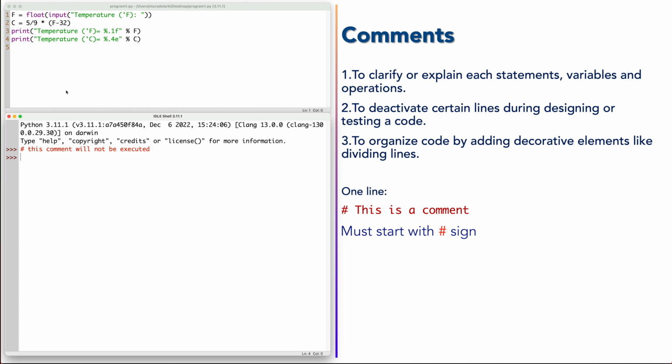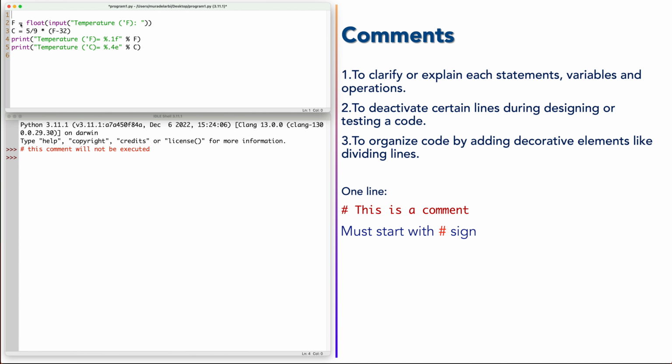But actually comments are not used frequently during the work on the IDLE shell or the interpreter directly. Comments are more useful actually in scripts, in code. So for example, we can enter here and say, so this is a comment, and this is the most common way to use it. One line comment could be also added to the same line with code,